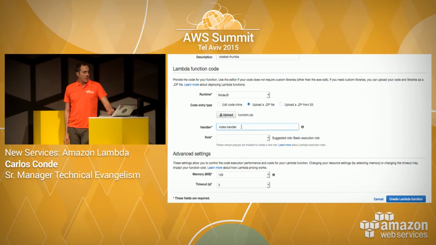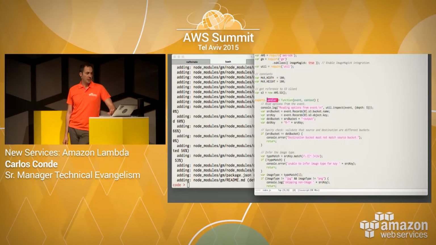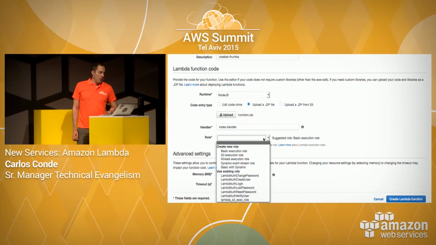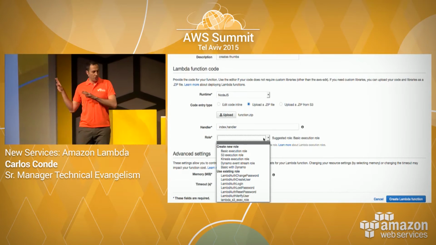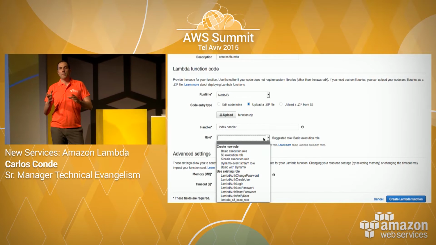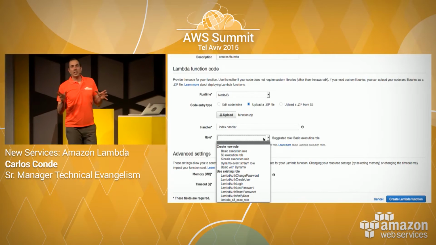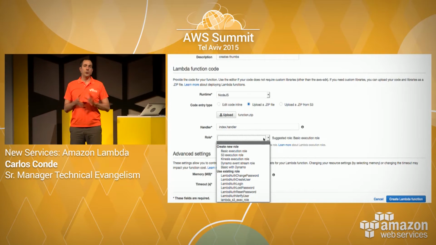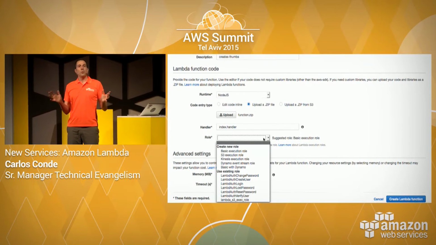Okay. So the handler is the name of the function that's going to execute the code. You see it here. So this is the name of the main function that I'm going to call. And then I'm going to add a role to this function. So this is very important because the Lambda function, as you saw, has access to the AWS SDK. So theoretically, a Lambda function can do pretty much anything you want on your AWS account. A Lambda function can create an instance, can kill an instance, snapshot volumes, everything you want, but you have to